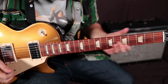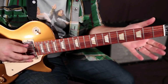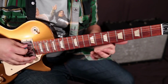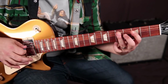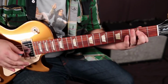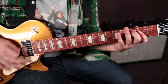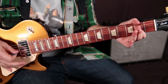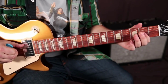Okay, the other one, which is when the distortion kicks in, so if I just look at the A string, but instead of the open A, it's the A power chord. And it also does that when the singing comes in, like the second time when he's singing, it changes from